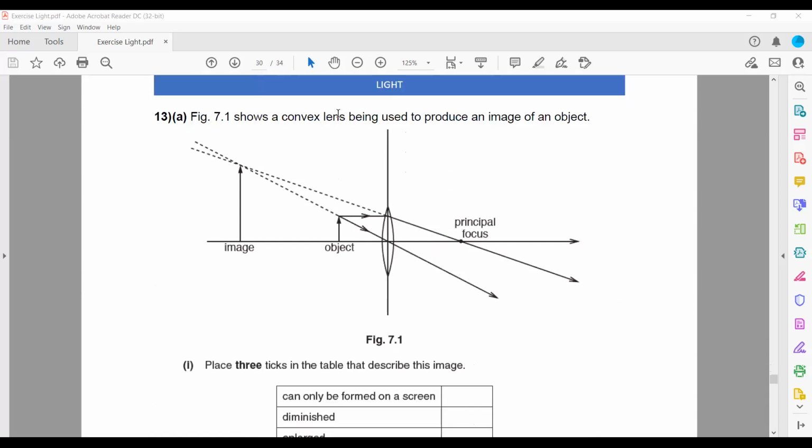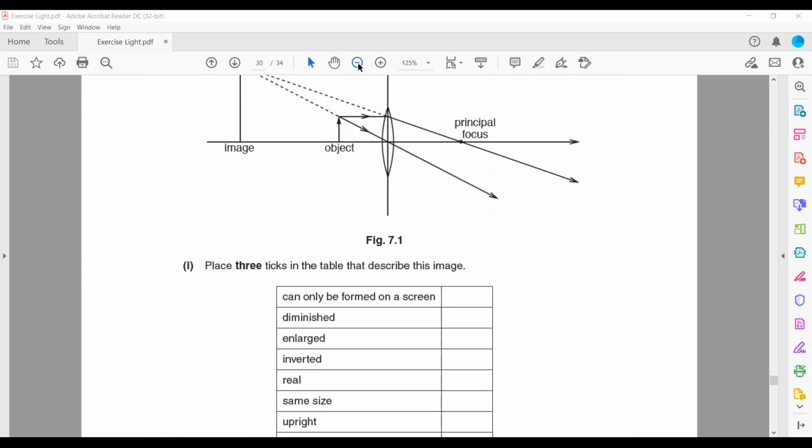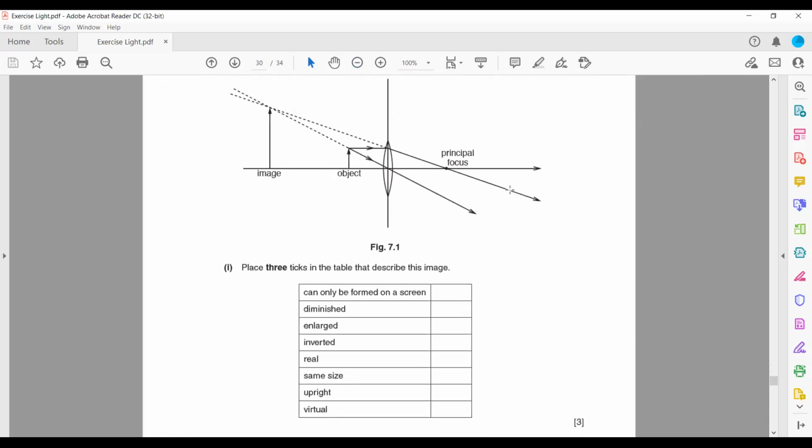Another question related to the lens. Figure 7.1 shows a convex lens being used to produce an image. The object, two light rays pass through, one passes through the focus, one through the center, and when we produce them backward, it produces an image. Place a tick in the table. Describe the image. Number one,